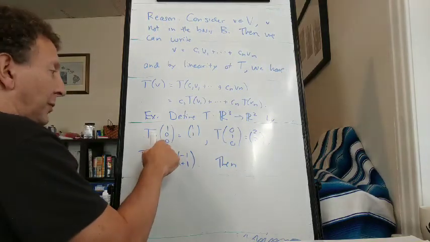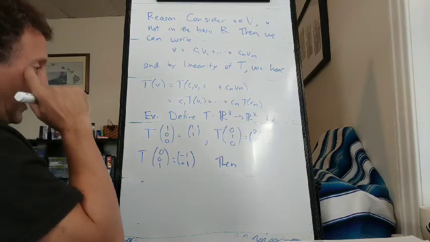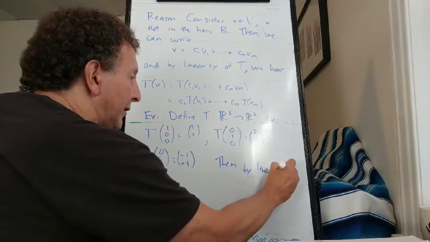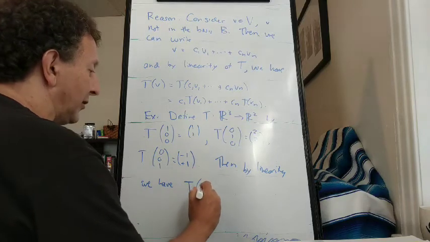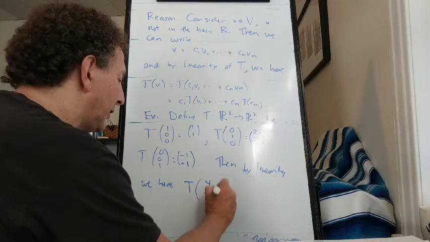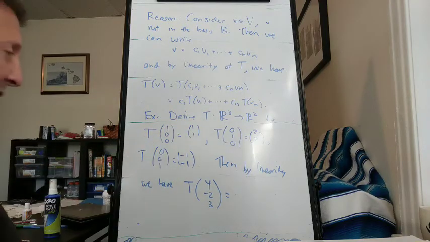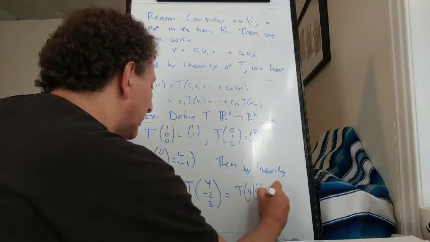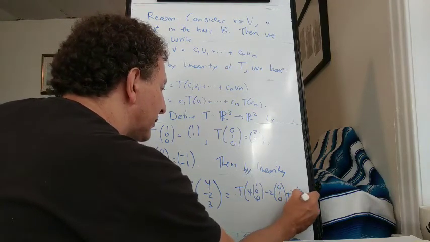So I chose the most natural basis, 1, 0, 0, 0, 1, 0, 0, 0, 1, and defined the transformation on that. And then by linearity, say we want to know what is T of 4, negative 2, 3. Well, we can express 4, negative 2, 3 in terms of the natural basis. So it's T of 4 times 1, 0, 0 minus 2 times 0, 1, 0 plus 3 times 0, 0, 1,